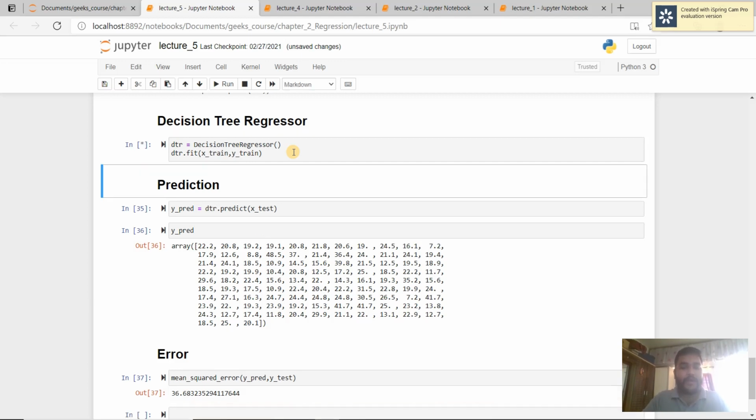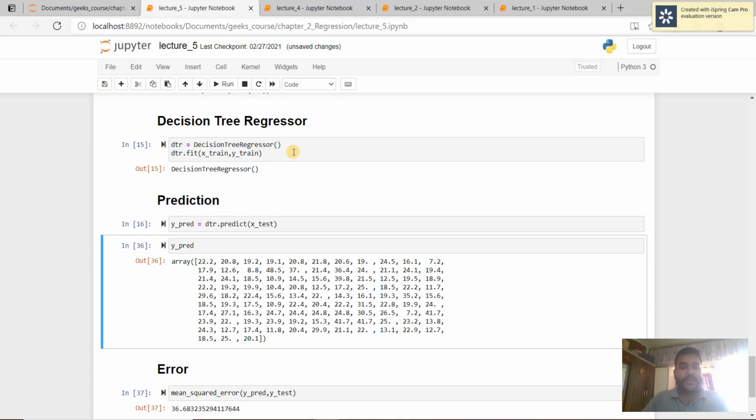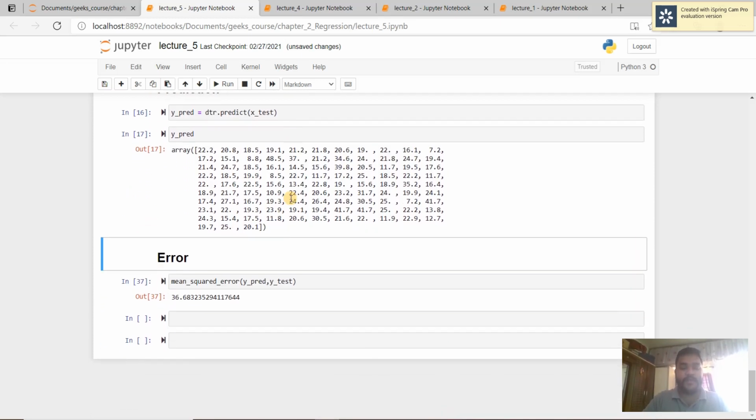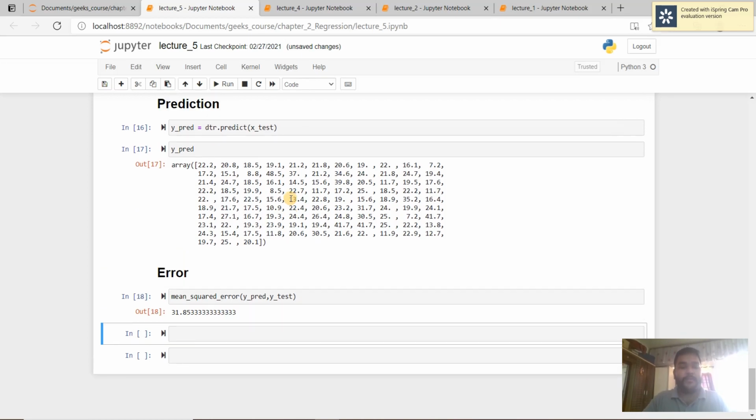So I do that. Then prediction, then as you see y_pred, and then we find out how much error there is. The mean squared error is 31%. So 31% error means approximately 71%, or 61, oh sorry, 61% accuracy. As you see, the data is very clean.